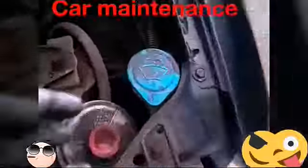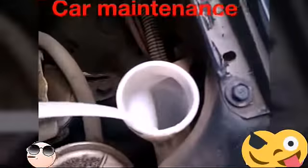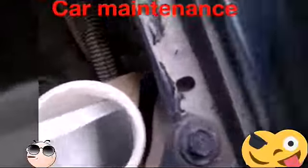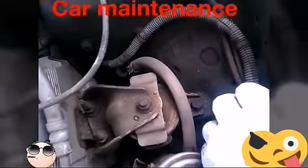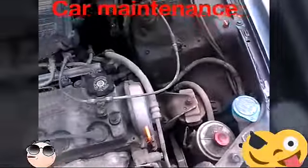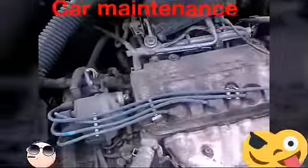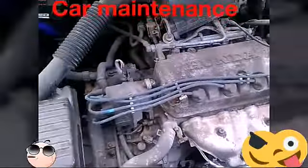Now we come to the windshield washer. So as you can see, I have a blue one. Well, I don't know if you can see, and it's kind of full. So if I want to add more, I will use a blue windshield water, not pink one. Or you can just start the car and use the windshield button to check the water, and in there you'll see a transmission